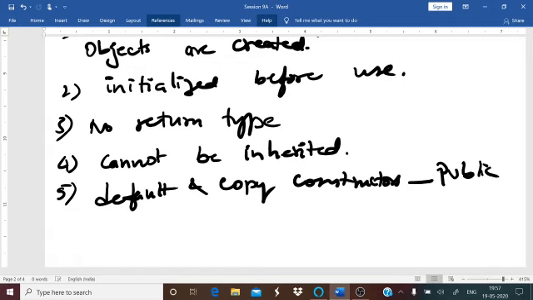And constructors can also have default arguments. And this is the most important point, remember, if a class has many constructors, then each will be executed depending on the number of arguments that you are going to have, and each and every constructor will have the same name as that of the class.